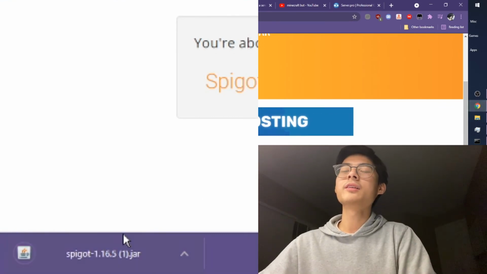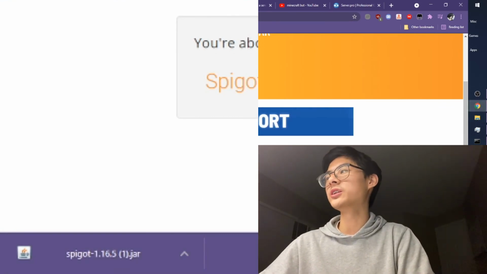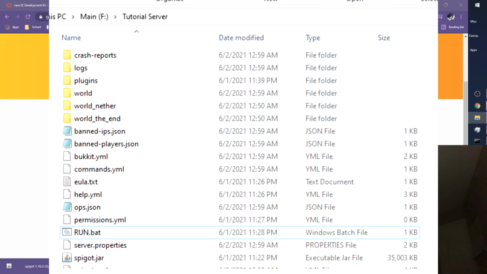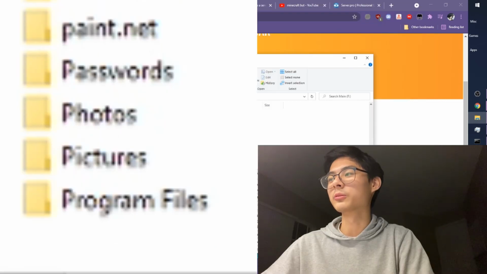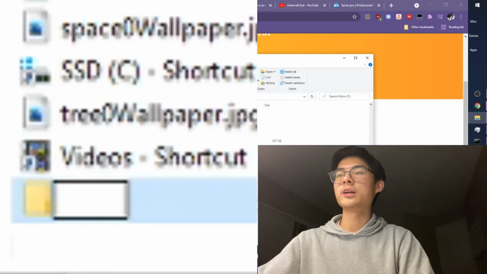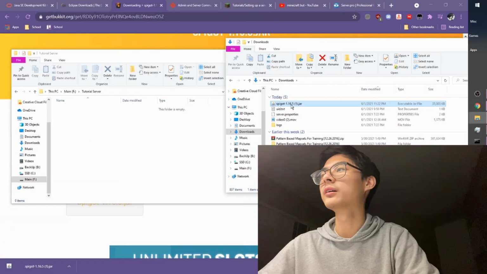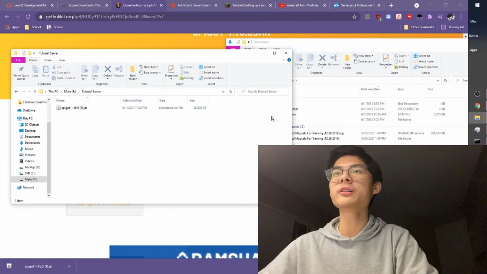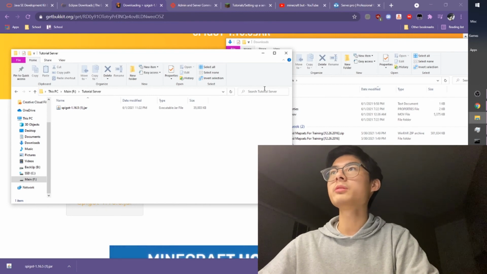And then we're not going to actually open it yet. So we actually need to bring this jar file into a folder where we'll contain basically all our files for not just our plugin, but a whole local server that we're going to be running this plugin on. So we're going to be making a new folder, and we'll call this like tutorial server. So basically, we take a jar file, plop it right in, and after that, we're going to be running instructions